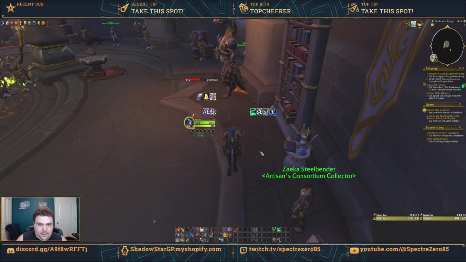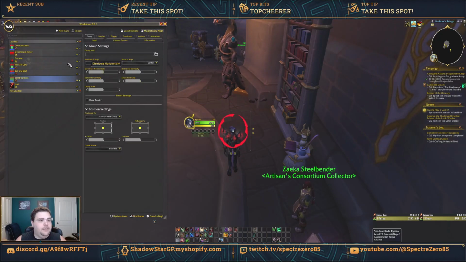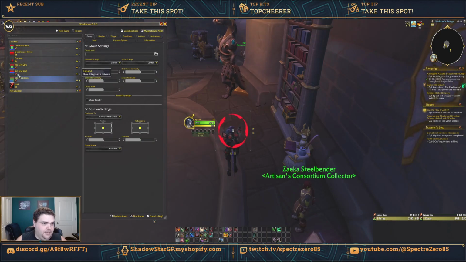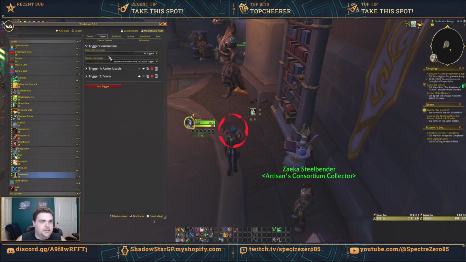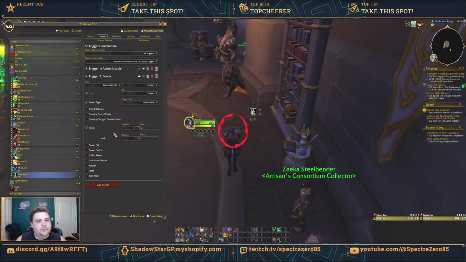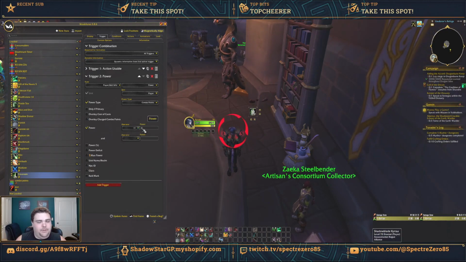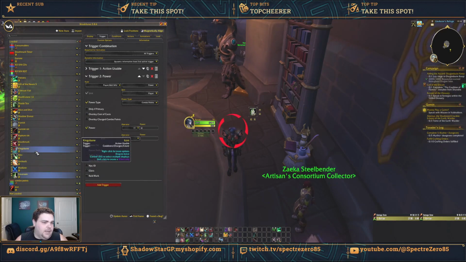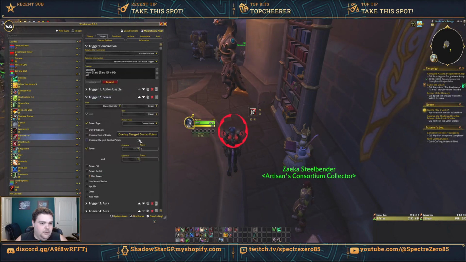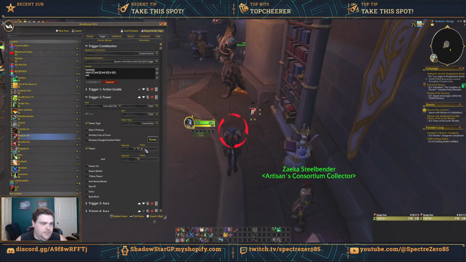Now that was just a fun way to do it. You don't have to use this graphic. In my case, I like to program everything into that rotation setup. So if we go in here and look at Envenom, for instance, and its triggers, I actually have it set to track combo points inside the ability itself. So Envenom will not show up on my rotation set until I'm at 4 combo points or more, and that's because of the way that assassin rogues have an ability that when you use a finisher, you can get combo points back. Same thing with Rupture. It waits till I have enough combo points to be a finisher,